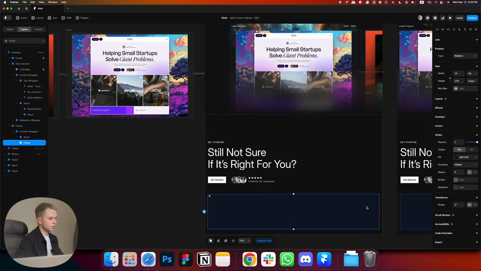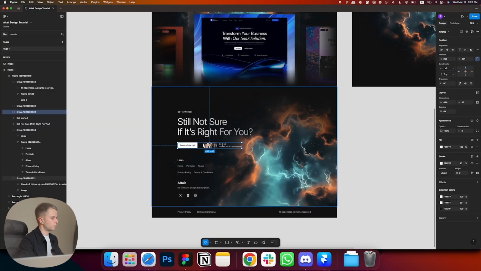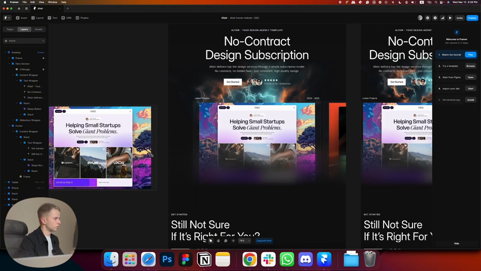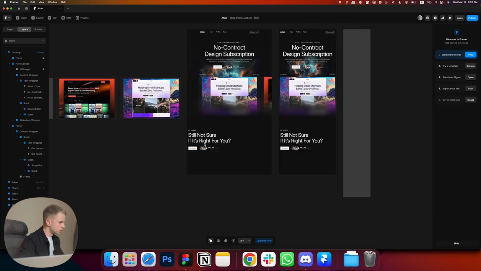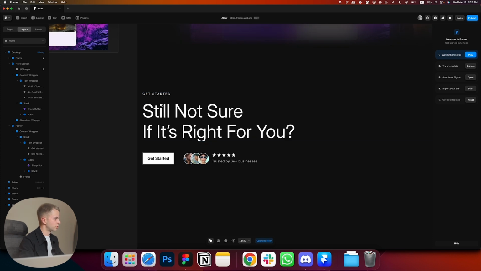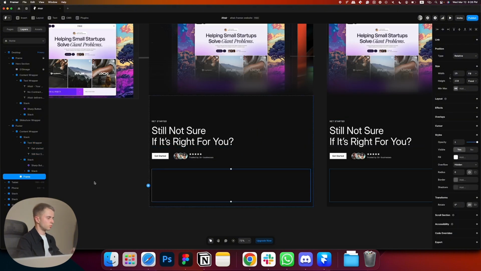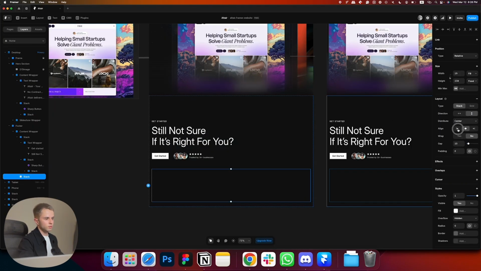We're gonna set it to fill, expand it a bit, remove the color, and now we do have a slight issue here that I just noticed. This little G is getting cut out. How do we fix that? We basically select the text wrapper, we make sure the overflow is set to visible, and this will fix it. Now moving on to the links again, we're gonna enable the layout, make sure it's set to vertical, left align,